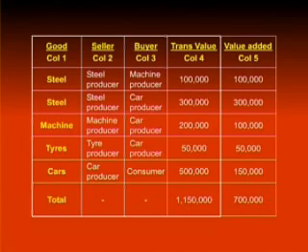Now in the second row, we have the steel producer selling steel to the car producer. Note here that the car producer would also need steel, as it would need to set up the body of the car. And therefore, the value added in this case would be the entire 300,000, which is the transaction value. That is, the steel producer sells steel worth 300,000 to the car producer, but the entire value of the transaction, 300,000, is value added because the steel producer started from raw iron, the value of which we